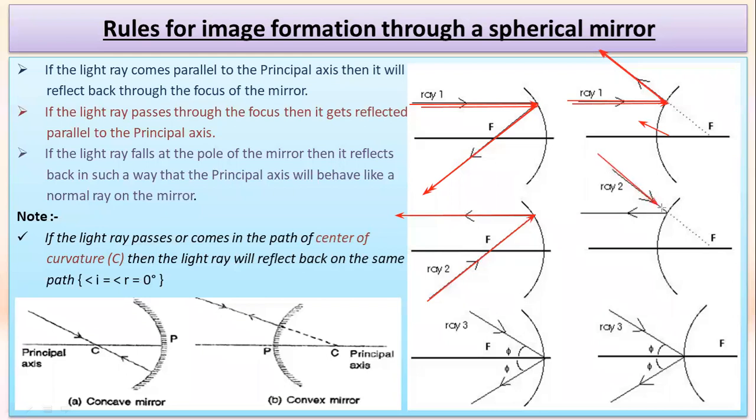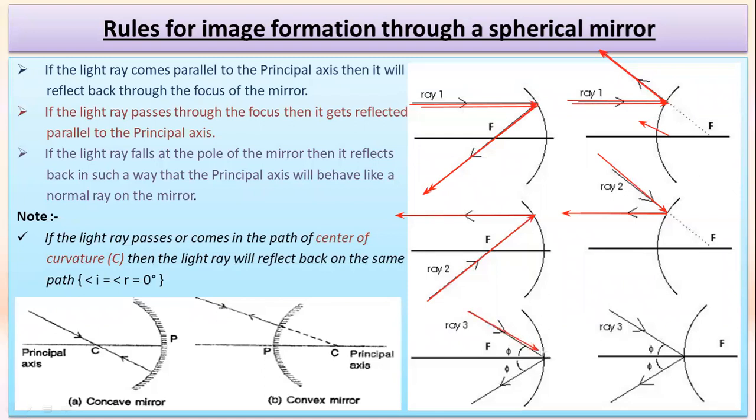If it is coming on the path of focus, I will not say that it is coming to focus or it is coming through the focus. I will say that if it is coming on the path of focus, then it will reflect in such a way that it will become parallel to the principal axis. Okay, so you need to understand the concept, as well as you need to remember the principle which is going to form over here. The next thing which we have to see over here, that the third rule,